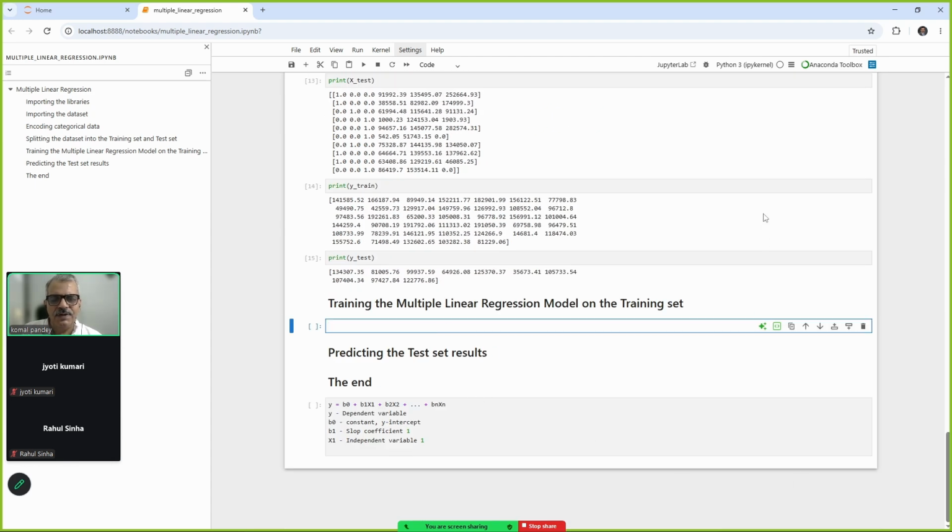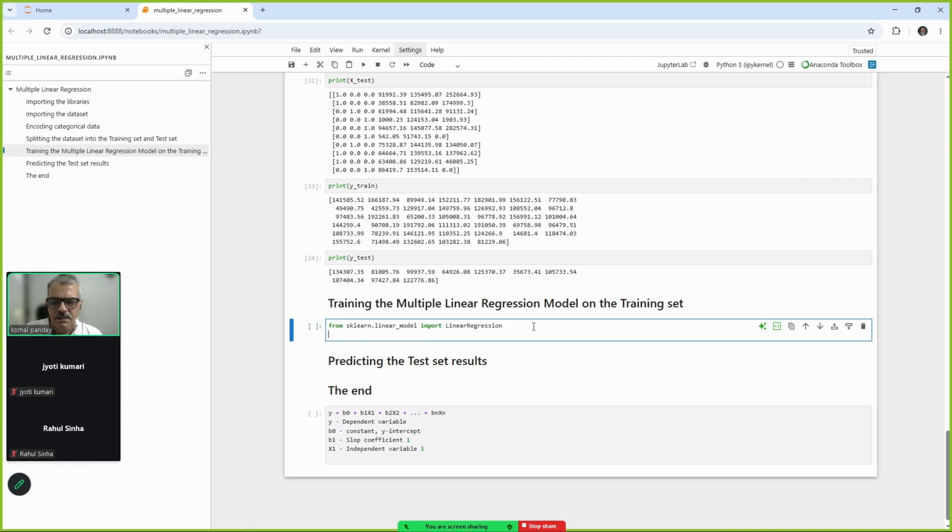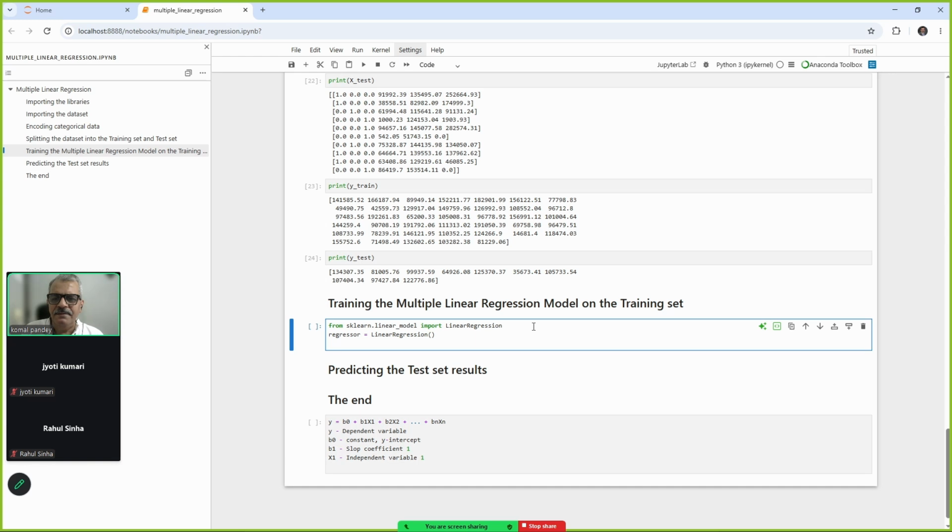Now, to train the model, first of all, import a package from scikit-learn dot linear model. Import linear regression, and then create an instance of linear regression, and let's use a variable regressor equals to, okay, and next statement,